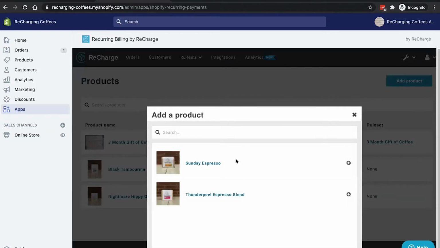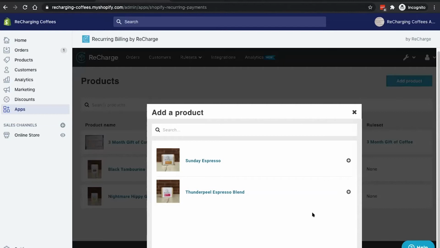Now, it's important to go over which products actually appear on this list. The products that appear here are products that are set to be live on Shopify. That means that they're available for purchase on Shopify. And the other side of this is, if a product has already been turned into a subscription product, then it won't appear here